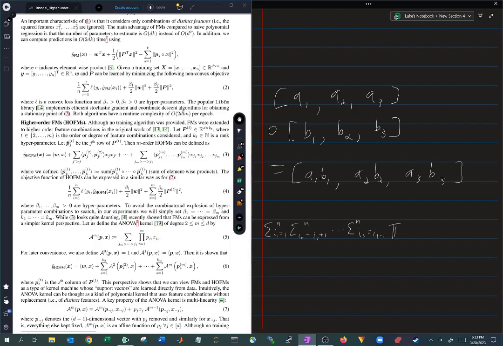Then we have the product from j equals 1 to L of x sub ij. And then we multiply this by the sum from f equals 1 to k sub L,